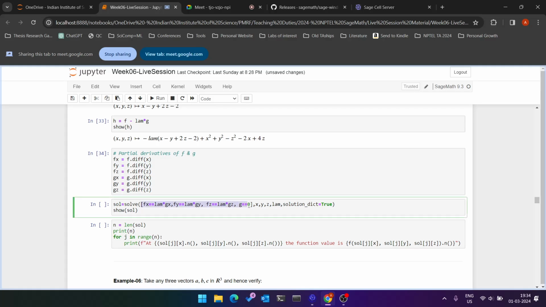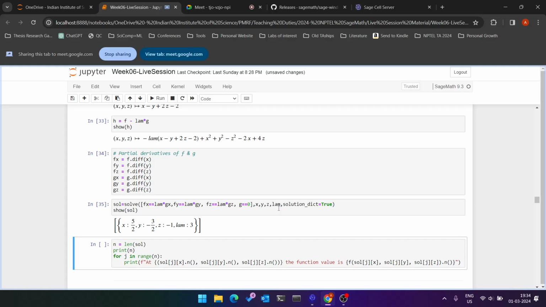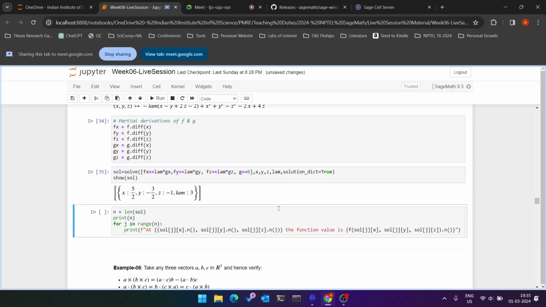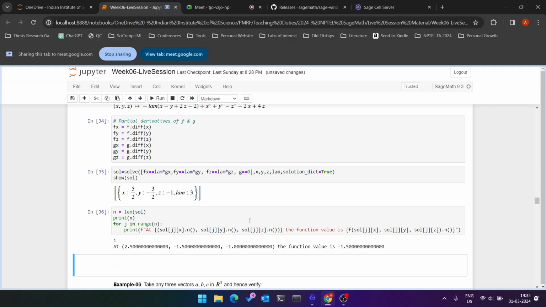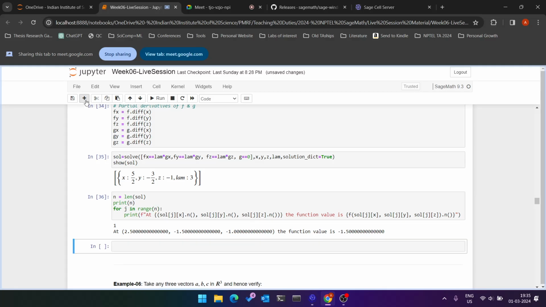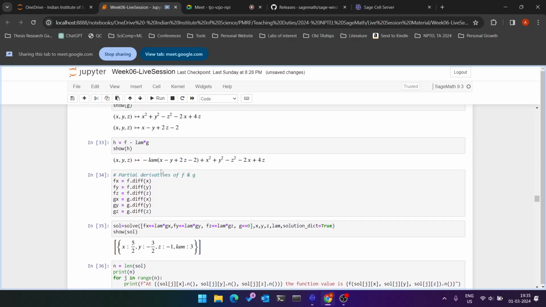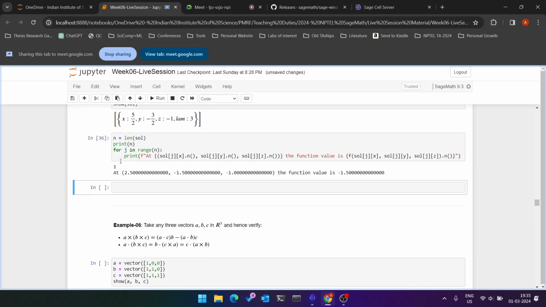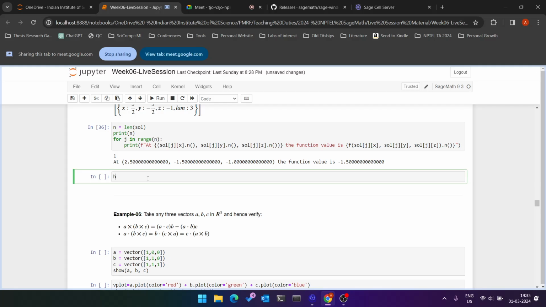So we solve these four equations using the solve module and try to calculate the values of x, y, z, and lambda in the form of a solution dictionary. So we only get one value here, and if I print, this is what it looks like. So how do we know whether this is minima or maxima? We could calculate at any different point. So say h of,